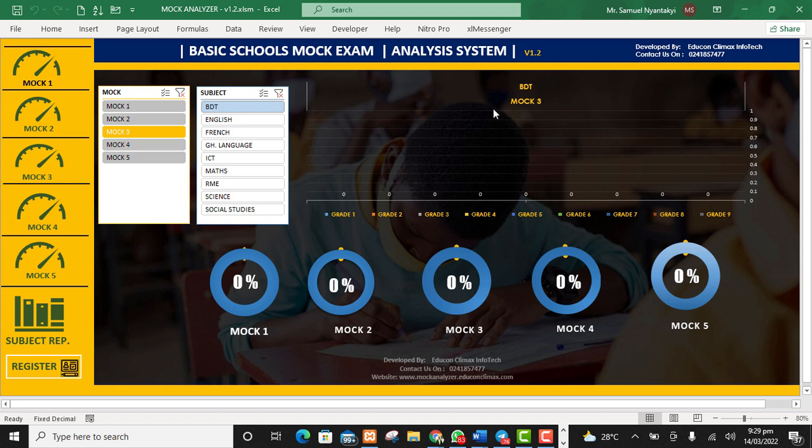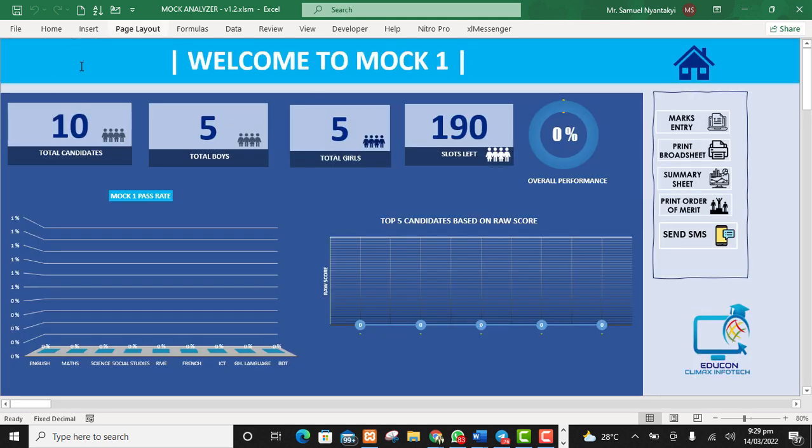Now this dashboard has so many features that I would like to take you through before we start experimenting with the system. So over here we can navigate to individual mock dashboard. So if I want to go to mock 1, this one will take me to mock 1 dashboard, and then I can actually enter my scores, print broadsheet, print summary sheet, print order of merit, send SMS. In fact, we'll take our time and look at them one after the other, and also have